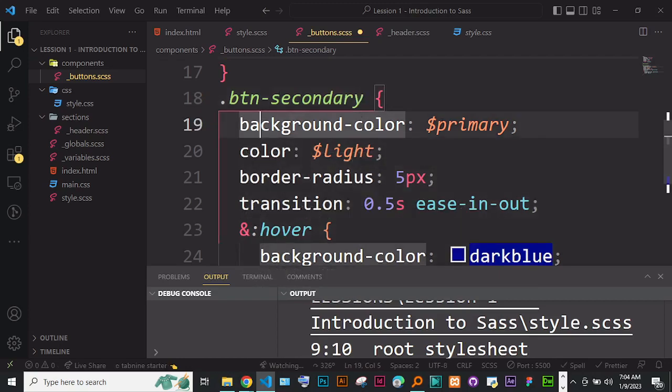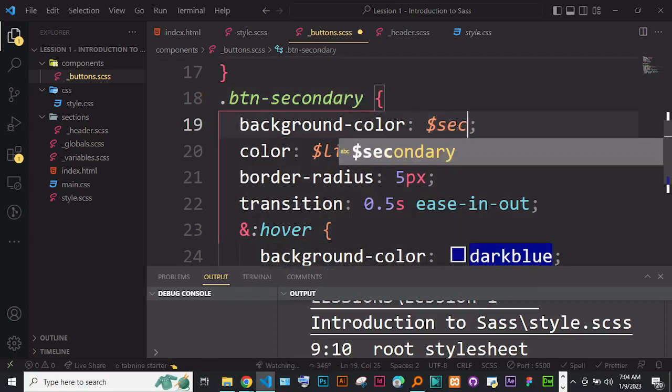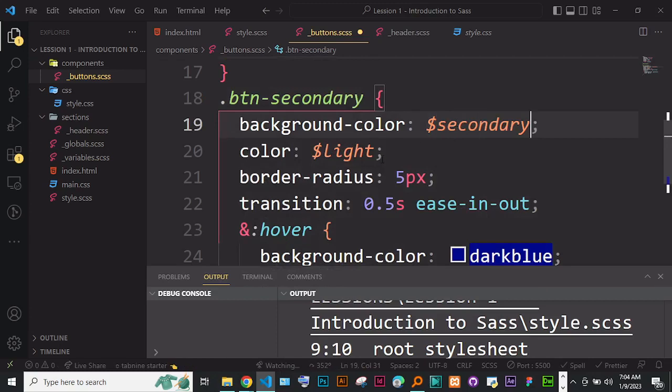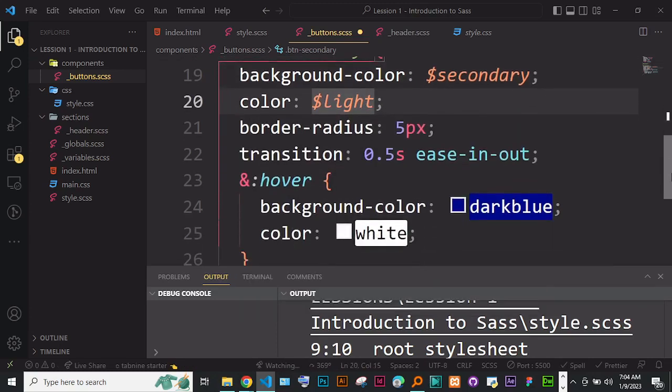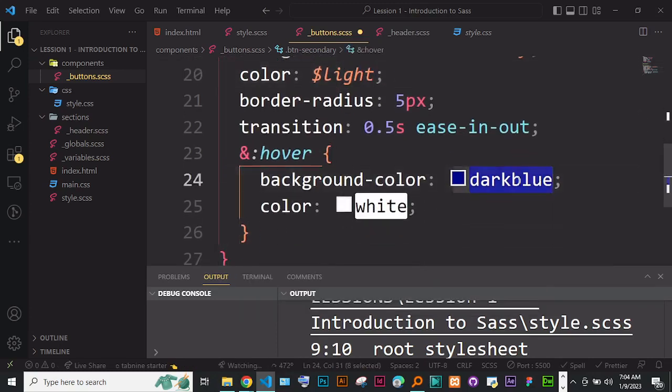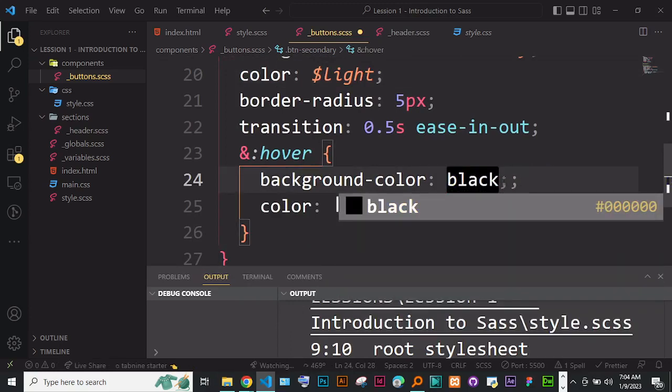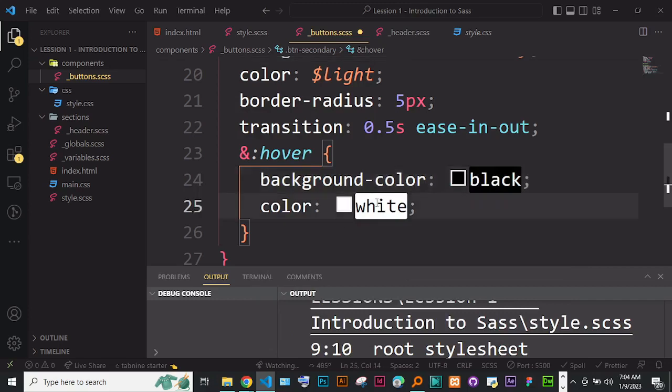Okay, so background color instead of primary, let's put here secondary. Color light, we can maintain that, but on hover we can just say maybe black. Okay, we can try black, and the color white is okay. So to see that in action, we